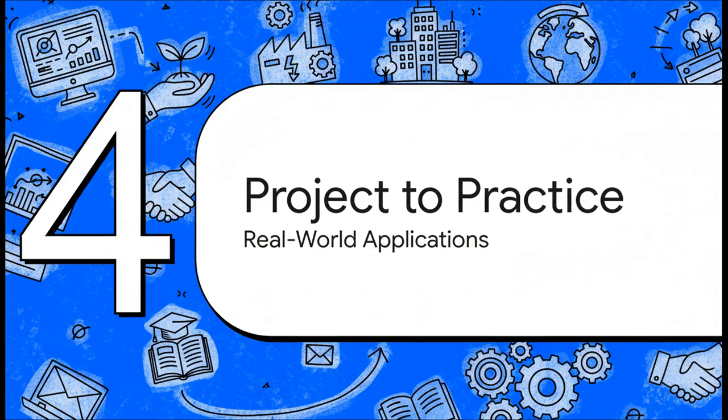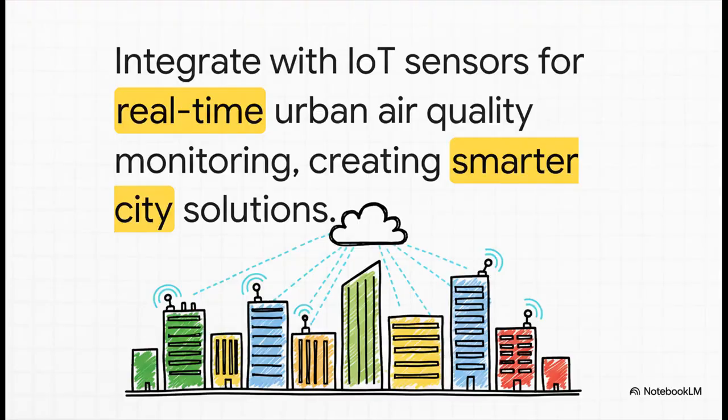Okay, so we've got a huge problem, and we've got some seriously clever technology. But what does that actually mean in the real world? How does something like this go from being a cool student project to something that actually makes a difference? Just think about it. What if you hook this system up to all those little sensors cities are installing everywhere now? You could have a live, updating map of air quality right down to the city block. You could even have traffic lights that automatically change to divert cars away from areas where pollution is spiking. Suddenly, it's not just an app, it's the brain of a smart city.